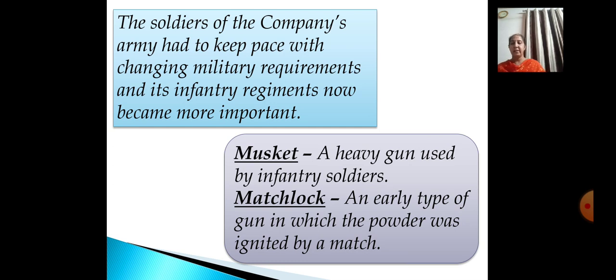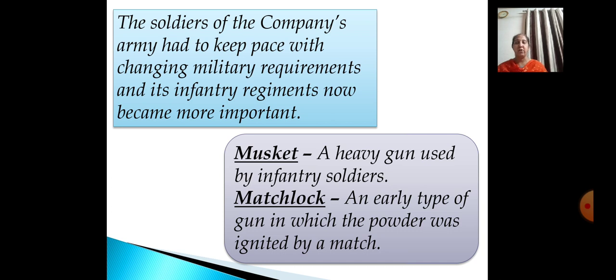The soldiers of the company's army had to keep pace with the changing military requirements, and its infantry regiments now became much more important, right? As warfare technology changed from the 1820s, the cavalry requirements of the company's army declined. This is because the British army was fighting in Burma, Afghanistan, and Egypt, where soldiers were armed with the